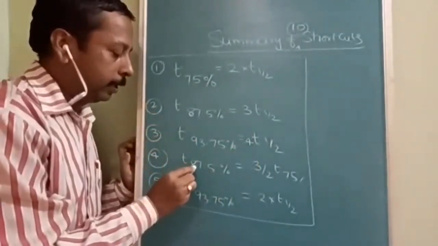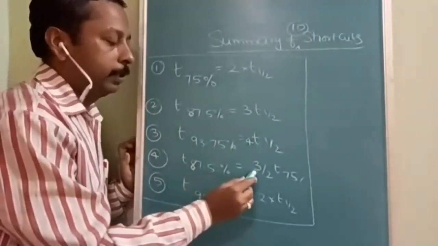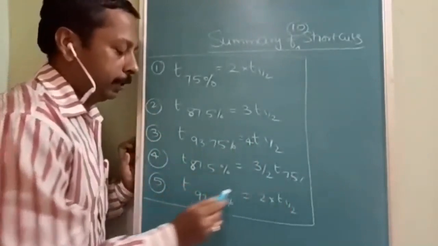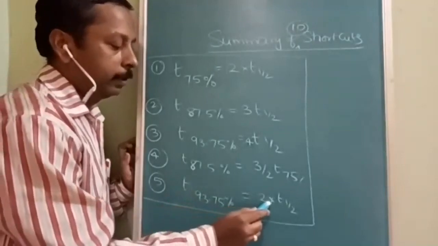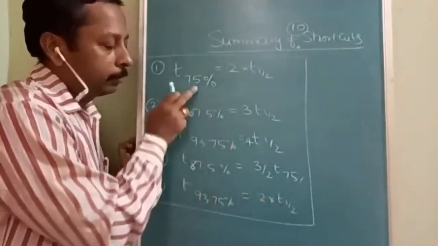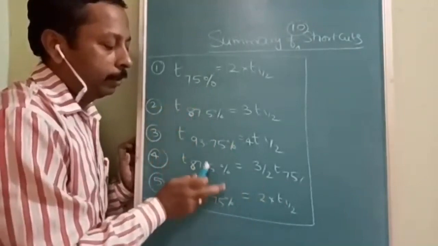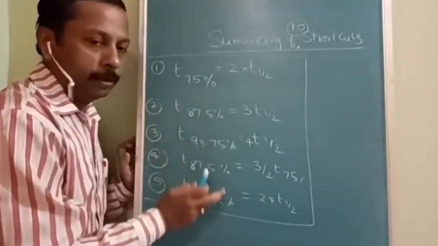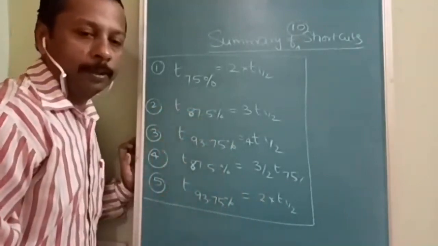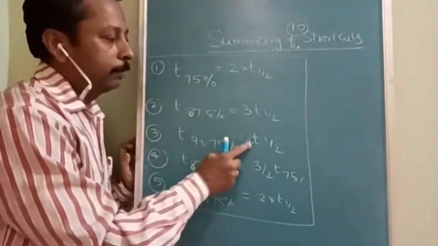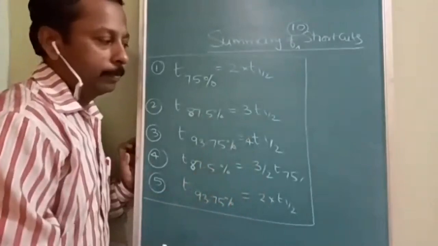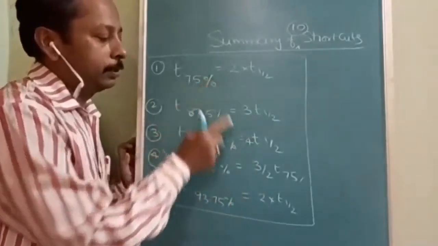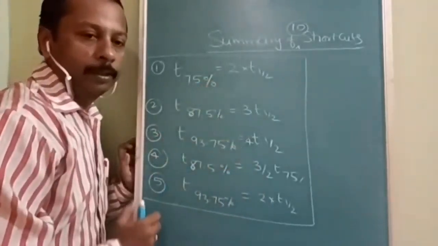And T87.5% is equal to 3 by 2 times of T75%. T93.75% is equal to 2 into T75%. Actually, by using a combination of these three only, these two shortcuts are made. Okay. So this is 4 times, this is 2 times. So when you divide both of them, you will get this. Okay. So these are the